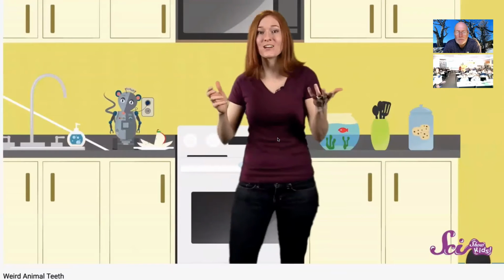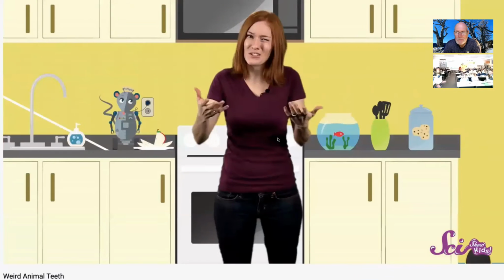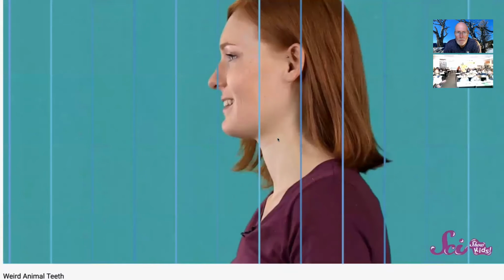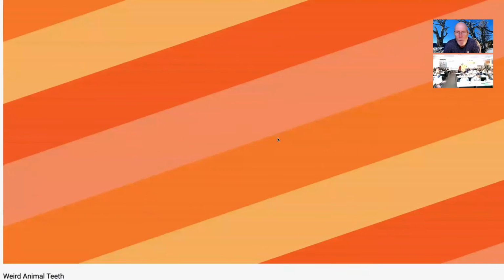Oh, hey guys, you guys are on lunch break. Squeaks and I just stepped out of the lab to have a little snack. Well, at least I'm having a snack. And since Squeaks doesn't need to eat like I do, I was just explaining to him what teeth are for. People have different kinds of teeth. I have molars in the back of my mouth that help me grind up vegetables and other things, but I also have pointed canine teeth so I can tear through things like meat. Being able to eat different kinds of food is really important to help you stay healthy.